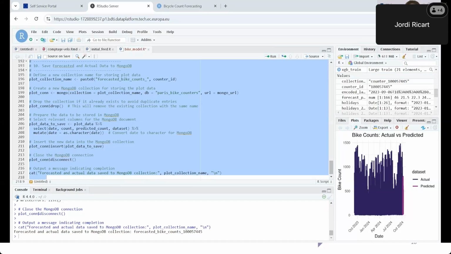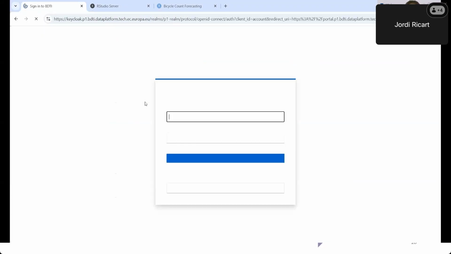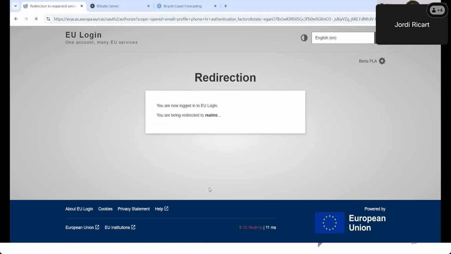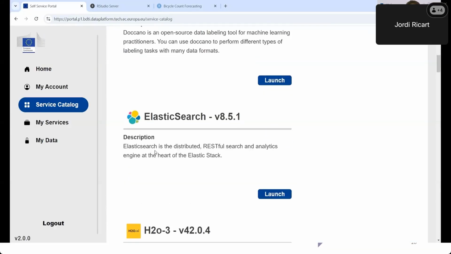So now that we have successfully created our forecasting script, let's discuss how we can automate this process to run seamlessly in the future. Automation is key to ensuring our models stay up to date with the latest data, and we have a few great options for achieving this. So if we go back to the BDTI platform in the service catalog and sign in. Good. I'll first present